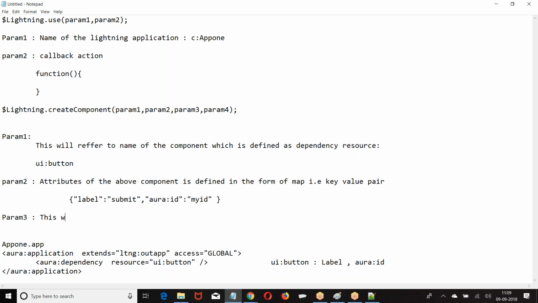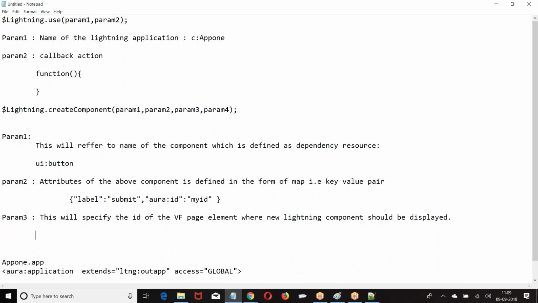Now param 3 will specify the ID of the VF page element where the new Lightning component should be displayed.